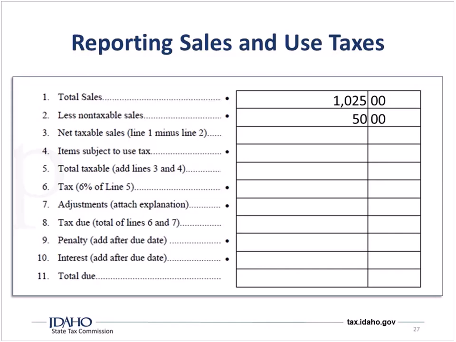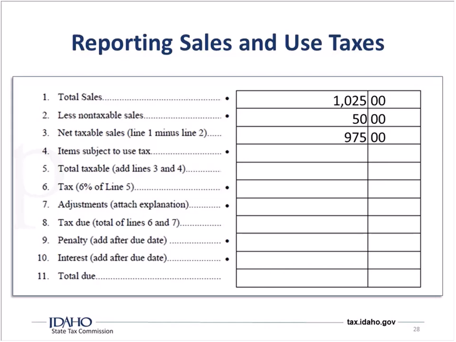So non-taxable sales would be things that we received an ST-101 for. So you had somebody come in September and they purchased $50 worth of goods from you, and they gave you an ST-101. So you need to be able to back that out so that we can make sure that you don't get charged sales tax for that. We'll do our subtotal here, which now leaves us with $975.